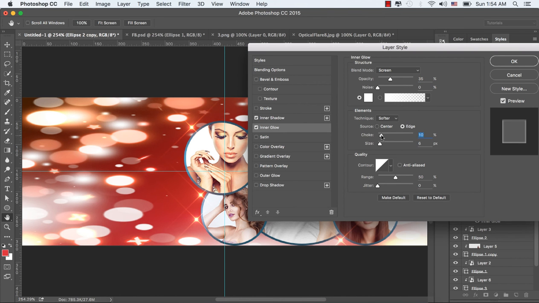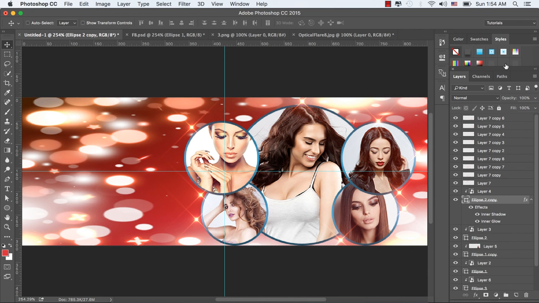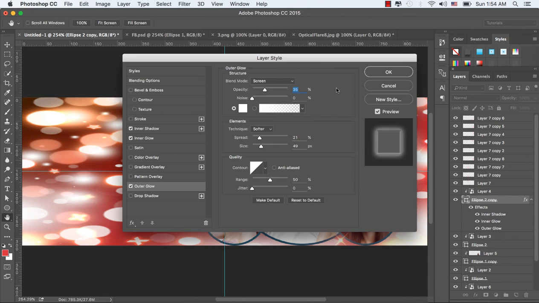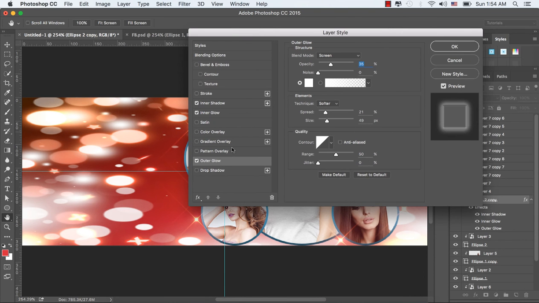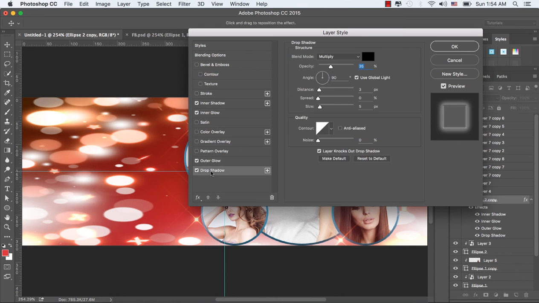Let's make the inner glow choke to 10 and press OK. And the outer glow, select the outer glow from the FX panel.